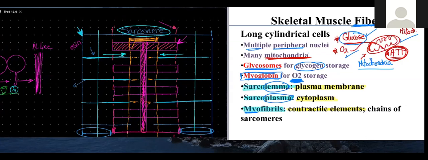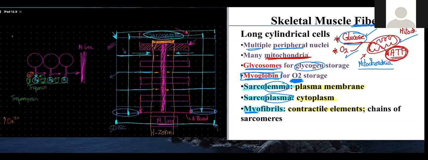This was the length of the sarcomere before I contract. Now this is the length of the sarcomere after I contract. So you're going to be shortening the length of the sarcomere. I am reducing the length of the sarcomere, and if I did reduce the length of each one of the